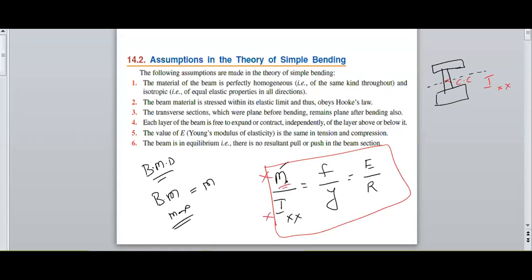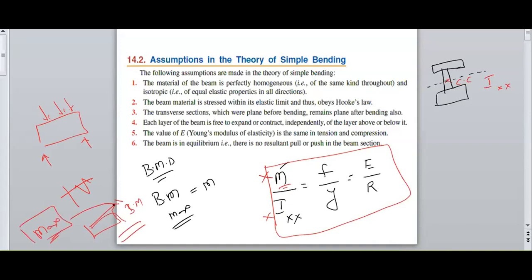We need to find out the bending moment under the beam. The beam will be given here and the loads will be given here, and we need to find out the reaction force, and I need to draw the shear force diagram and bending moment diagram. Under the bending moment diagram, I need to find out the maximum value, that is the M value.